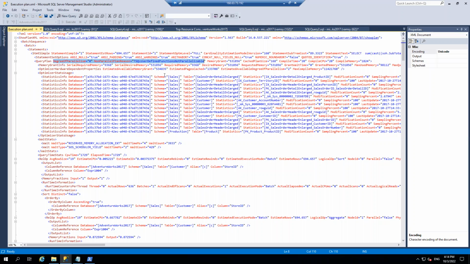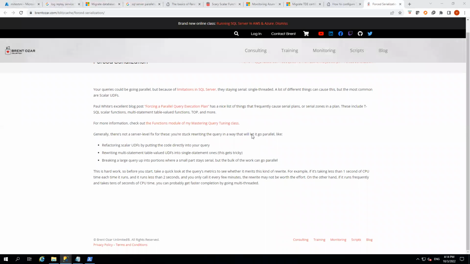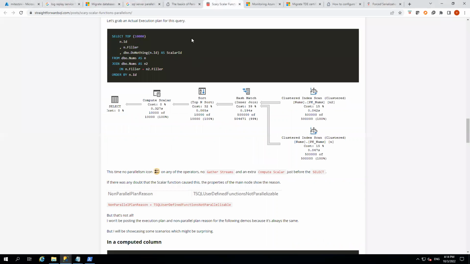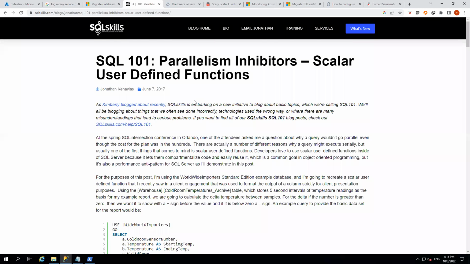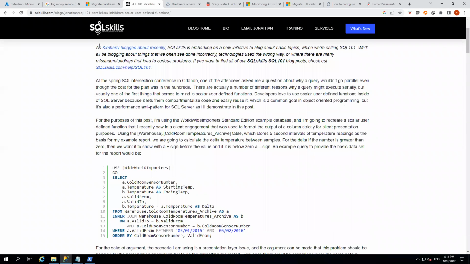Here are a few articles on why queries go parallel, and what I'm saying is why queries are not going for parallel. I've written that wrong. That is for serial: why does the query go serial? So there are user-defined functions. Let me open this for you. We have to talk about these things. We have parallelism inhibitors, so let me show you that part. There are so many inhibitors that will stop you. If you want a list, I will